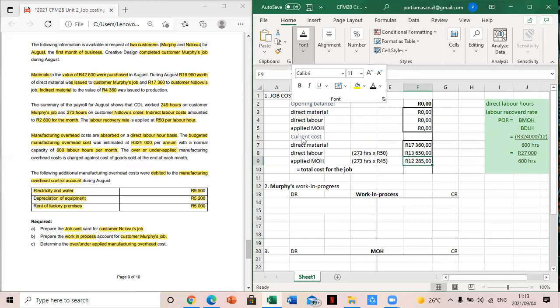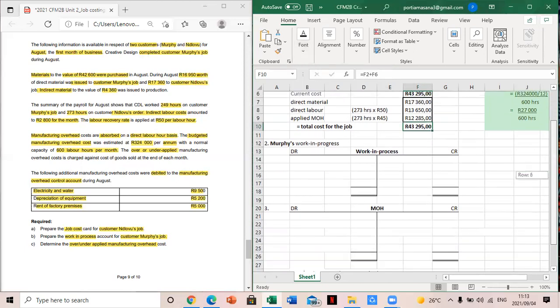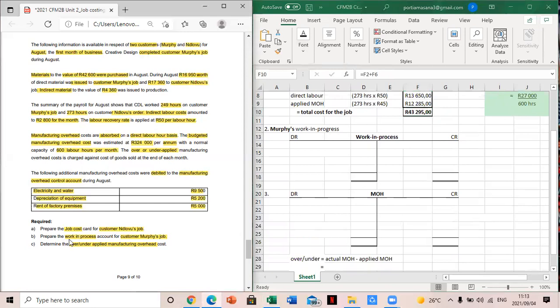So to get the total current cost, we're going to add all of these three amounts, which will then give us a cost of 43,295. So the total cost for the job is going to be the opening balance, which is 0 Rand, plus the current cost, which is 43,295. So we'll get a total cost of 43,295 Rand. Okay, so we're done with A, and then B says prepare the work in process